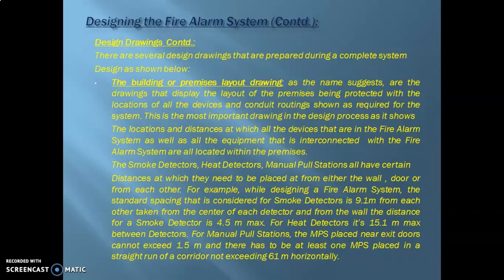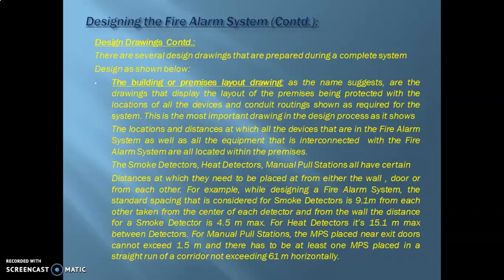Now, for heat detectors, the maximum spacing between detectors is 15.1 meters, and for manual pull stations, normally they are placed near the exit doors, and of course they cannot exceed 1.5 meters distance from any of the doors. And as per NFPA 72, in any horizontal run of a straight corridor, there has to be at least one manual pull station placed within that horizontal run of the corridor.